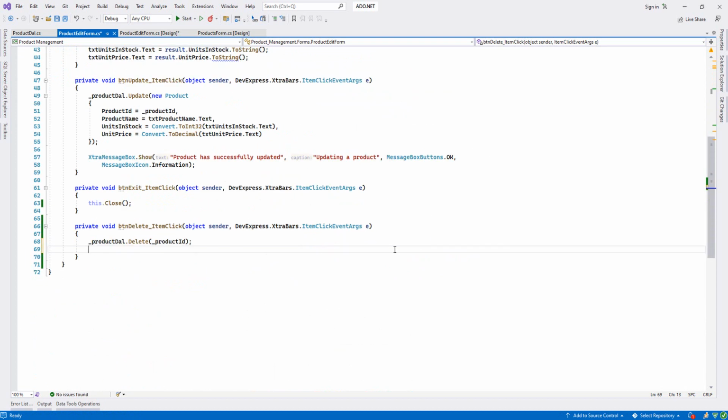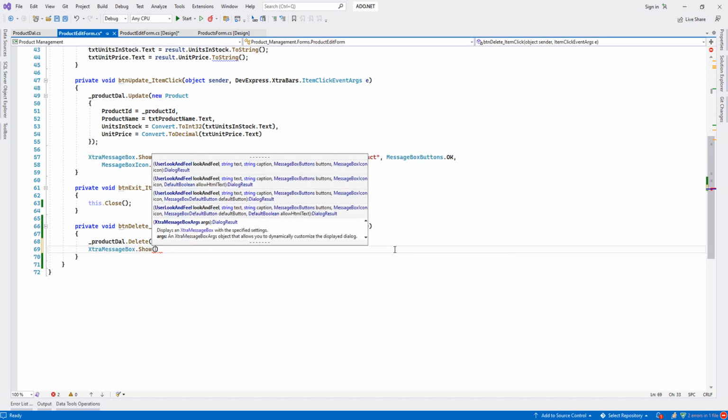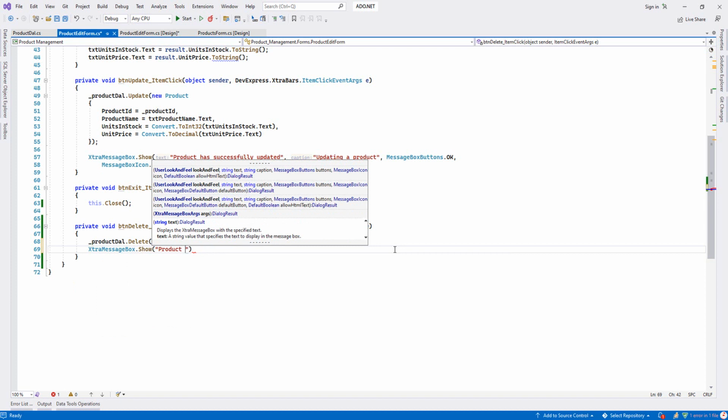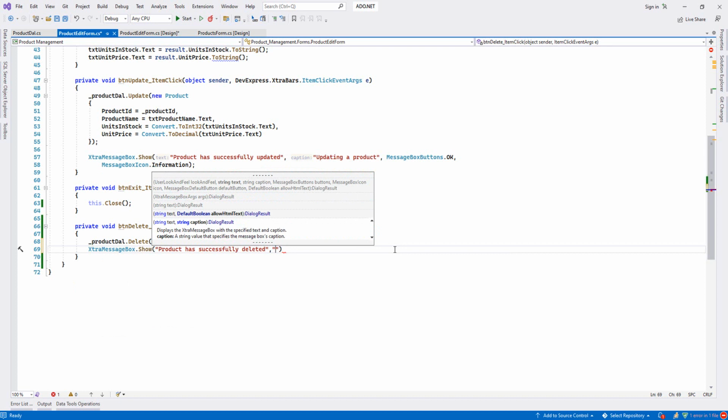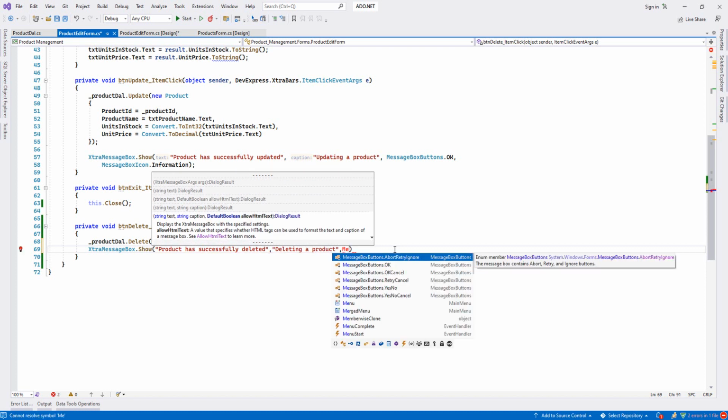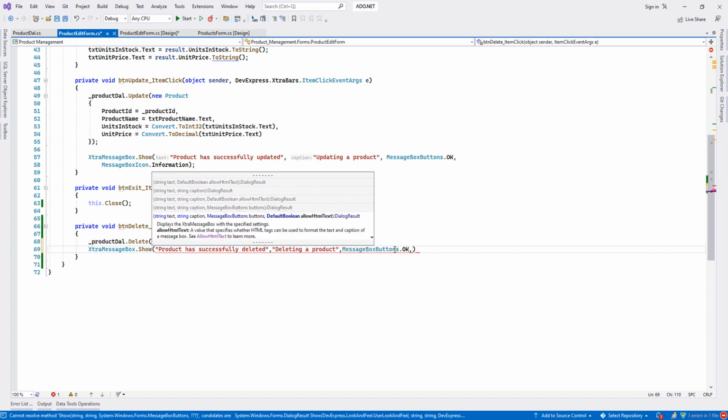and if it is successful, we will give a message box, MessageBox.Show. Then we write product has successfully deleted, and then the second one is caption, deleting a product, and then we write our message box button. It's okay, and then I will give